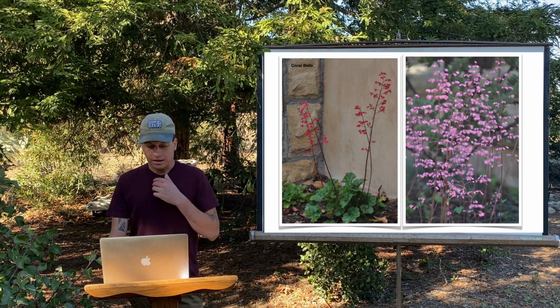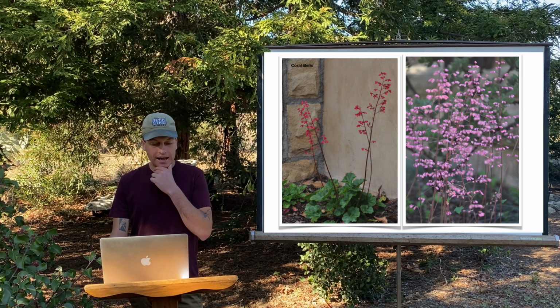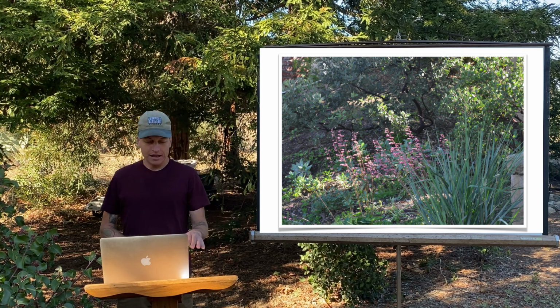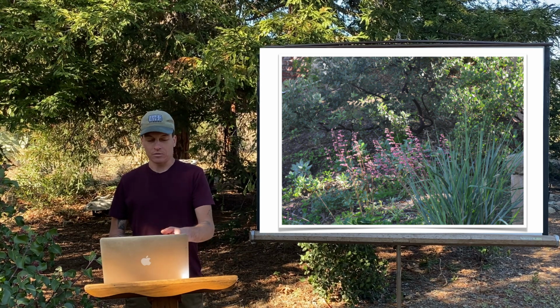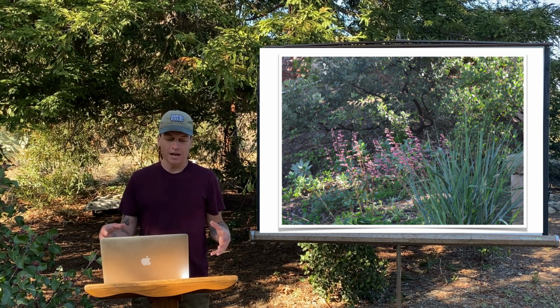They do look fantastic in mass plantings. In the second photo, you can kind of get a sense of this. This is planted with some of our native grasses. We have Dudleas over in this property,